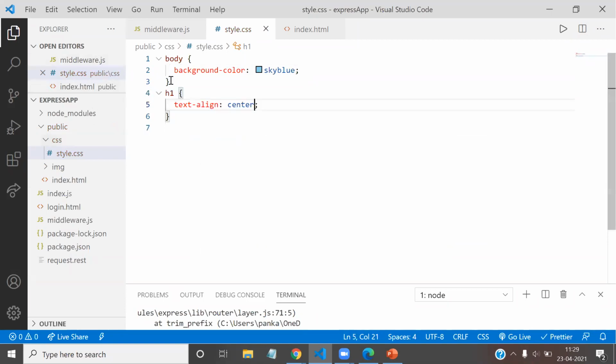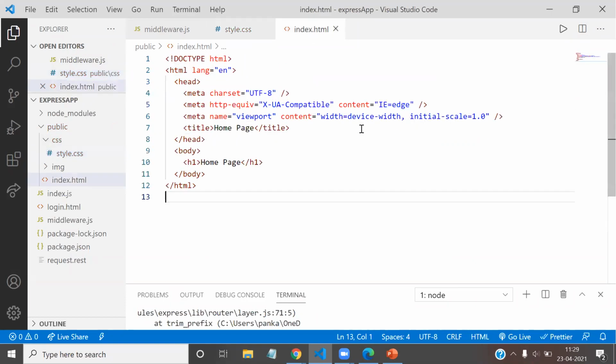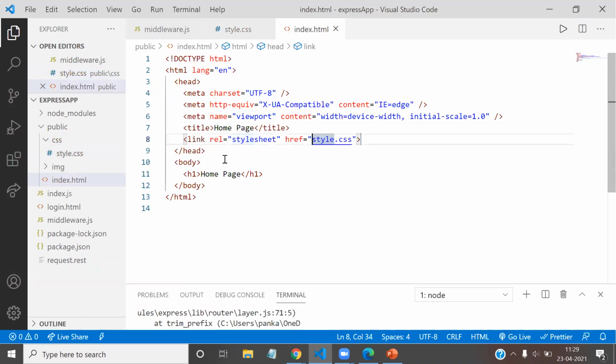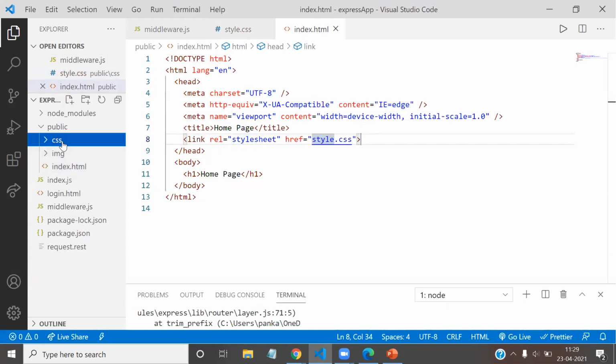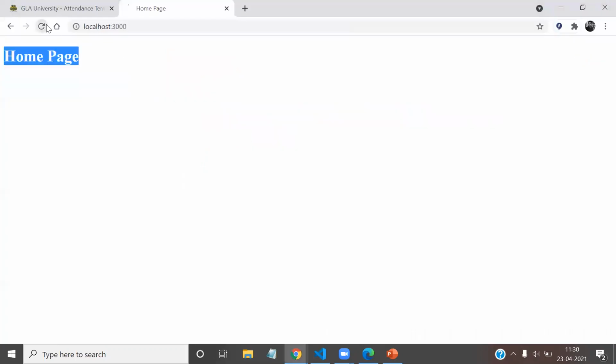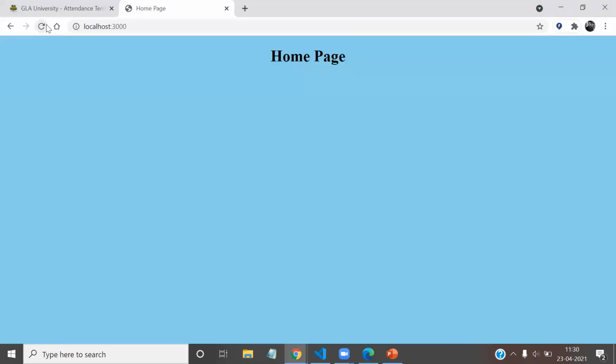Now I just want this CSS to be linked with the index.html. So here we use the link tag, and now this is the stylesheet. We are at index.html, and the CSS is in the css folder. So for accessing that folder, we have to use a slash, and we have to access css, and we have to get style.css. So this is the path in order to get the style.css in a particular folder. Okay, now let me save the things. I hope it will work. So let me refresh the page. Now see, your CSS has been applied.